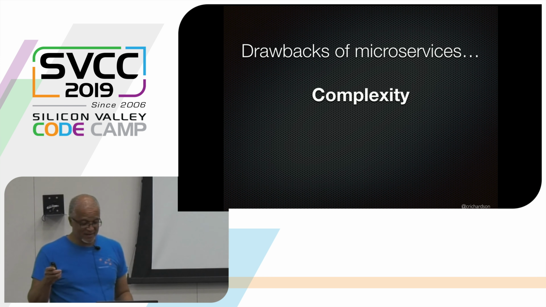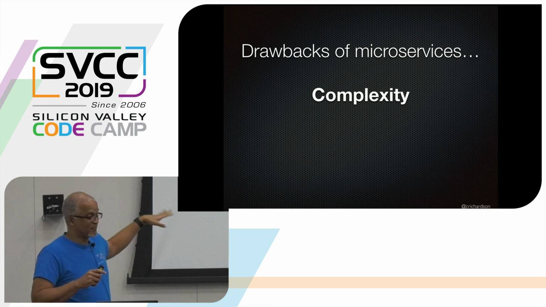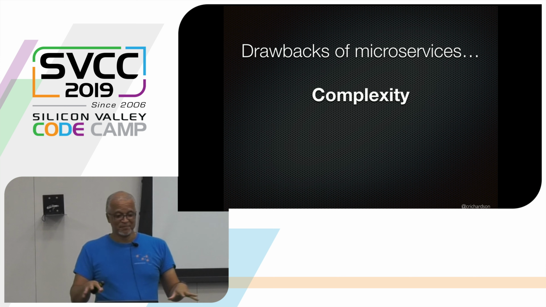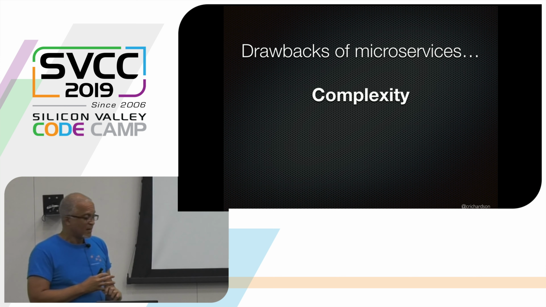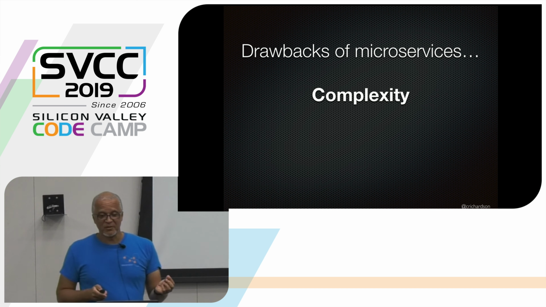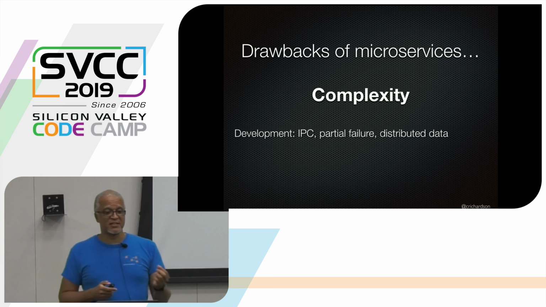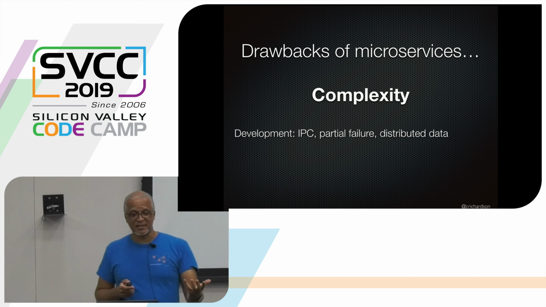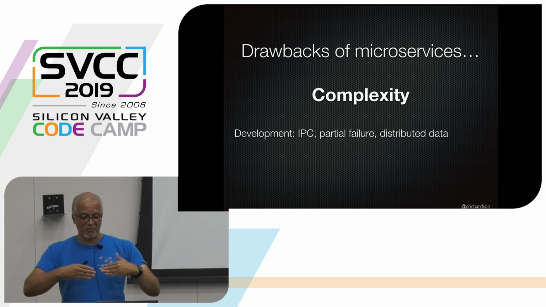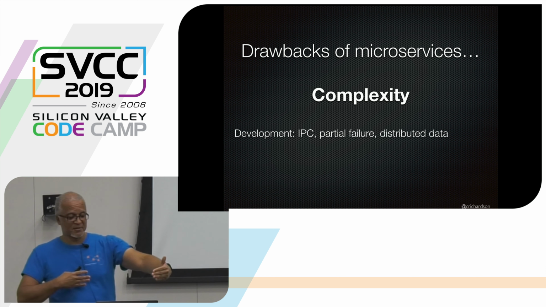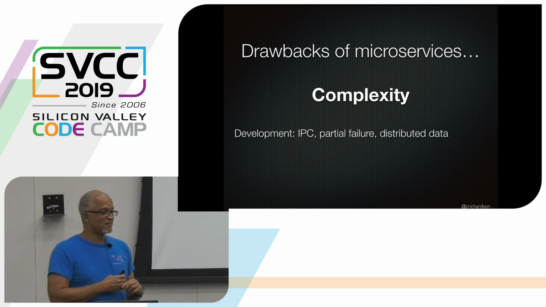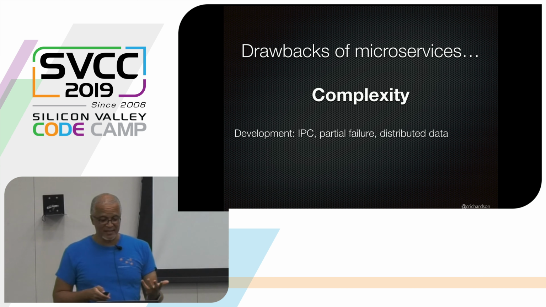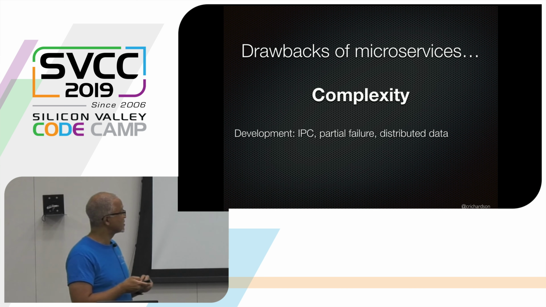But of course, there are some downsides. You got a taste of that from the previous architecture diagram. Namely, there's all of this complexity, many more moving parts. You are now building a distributed system, so you have all of the development challenges of doing that. Namely, you have to deal with inter-process communication. You have to deal with the fact that when service A invokes service B, B might not actually be running at that point in time, or it might be exhibiting extremely high latency. So there's a bunch of challenges around that.